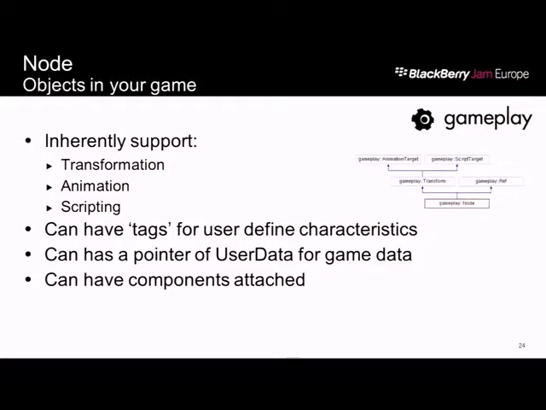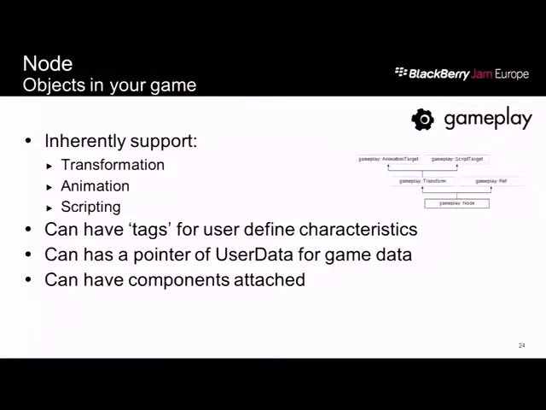You can also have tags on nodes, so those can define characteristics like whether this node should be opaque or whether it's transparent or whether it's part of a tree. They can combine tags as well. So when you're traversing, you can just look at these strings or put data in them or do whatever you want. We also have an arbitrary user data pointer, which you can get called back on when you get cleaned up or released.